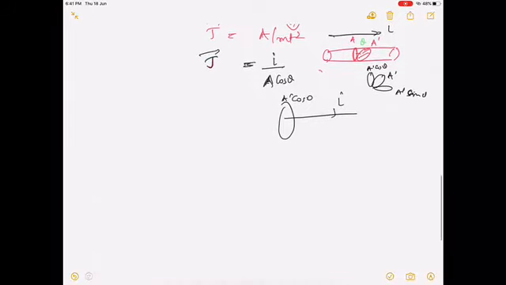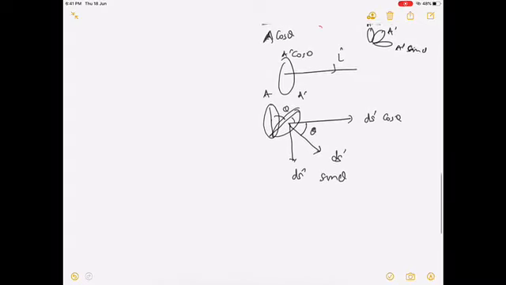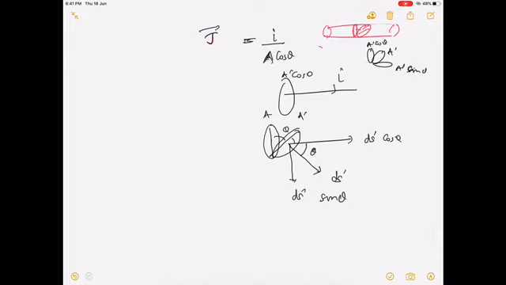We can explain the form of normal vector also. Like children, see, please pay attention to this. This is A and this is A dash, and A dash has D dash over here, and this D dash can be resolved into two components. If this is theta, children, this becomes 90 minus theta and this becomes theta again. If this is theta, then D dash cos theta and D dash sin theta are the two components